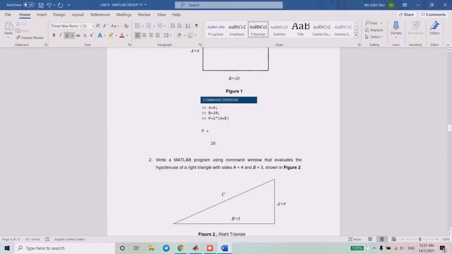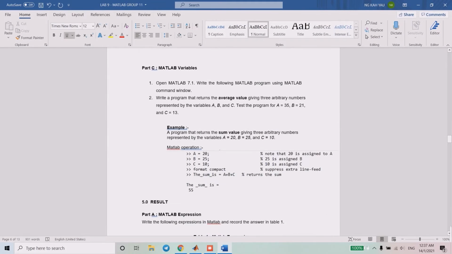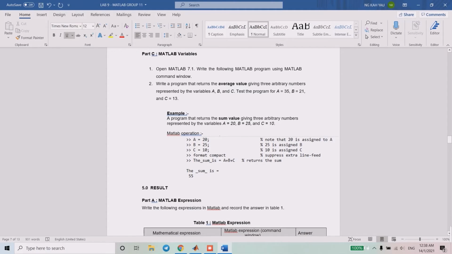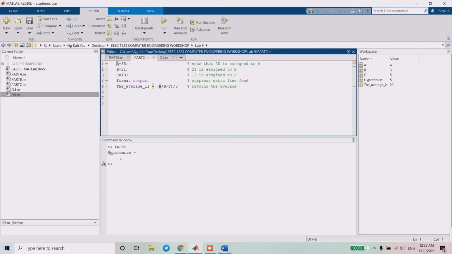For Part C, we will find the average of 3 numbers. So here is a clue. I use the same clue to do Part C with different numbers: 35, 21, and 13. I assign them into different variables, and then